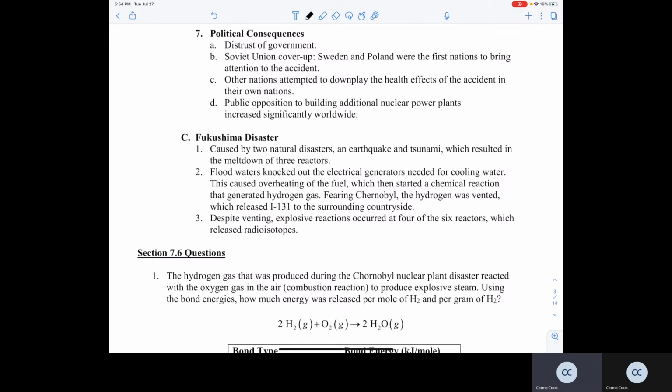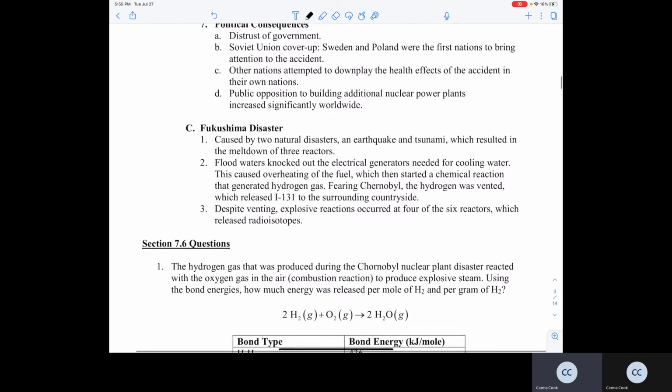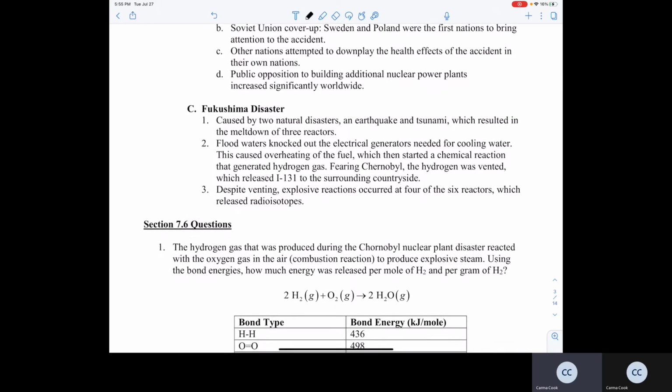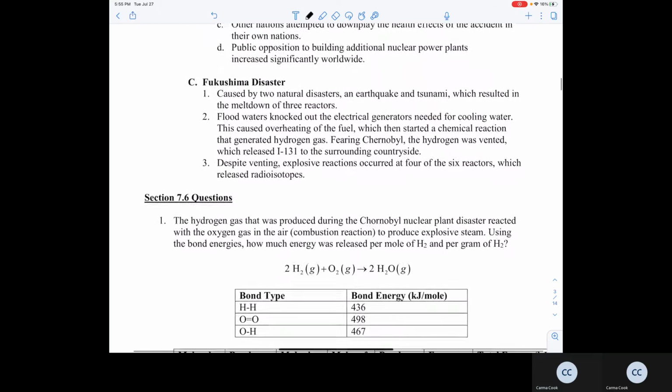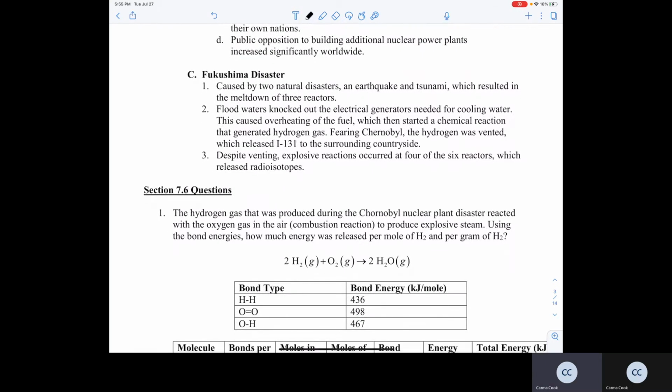Sweden and Poland were the main nations to bring lots of attention to the incident because their countries were affected. The radioactive material just didn't stay stagnant over the Ukraine and Russia, but it spread over Europe over a 2,000 mile radius. And so that accident caused many, many nations to be wary about ramping up or even starting a nuclear power program in their country. So there are lots of ramifications for this man-made disaster, which, like I stated earlier, is very much unlike